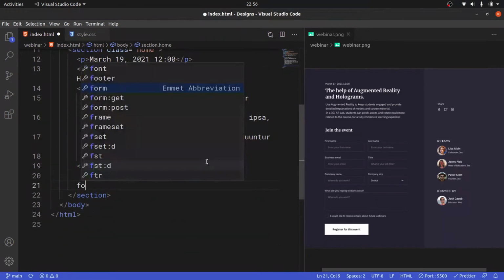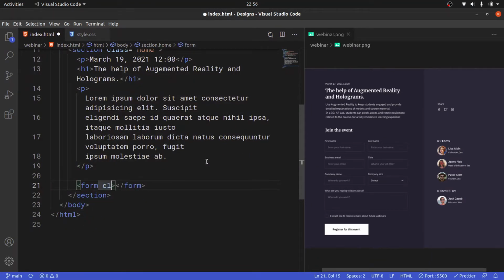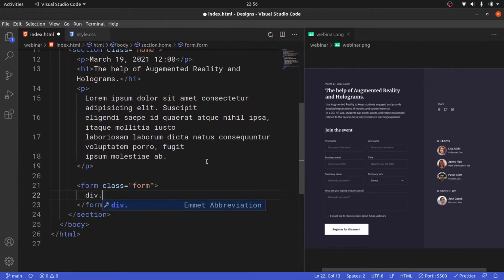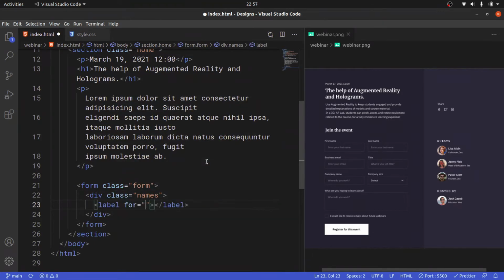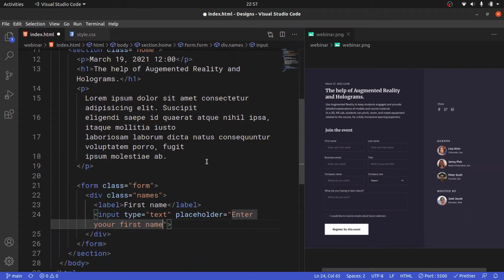probably I'm just going to go inside this section, make a form inside here with the class of form, like that. And then I'm going to have a div inside here, and this div is going to have a class of names, like that. And then I'm going to have a label. I'm not going to have a for attribute, so I'm going to delete it, and I'm going to say this says first name. And then below this label is an input with a type of text, and the placeholder here says, enter your first name. Okay, and set this to required,